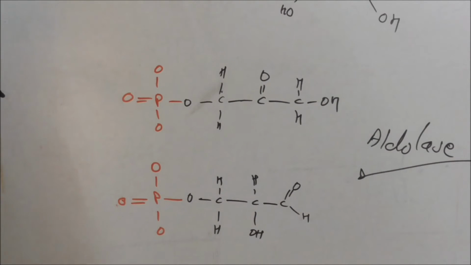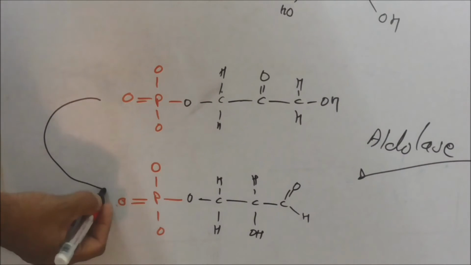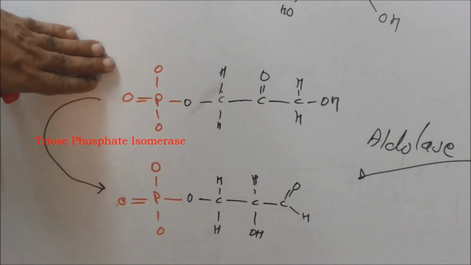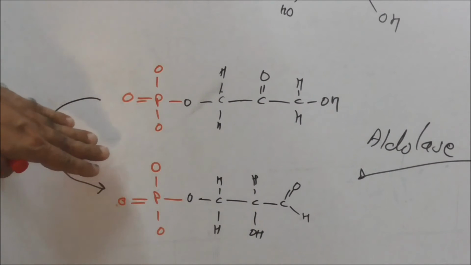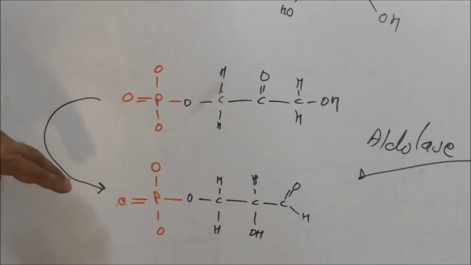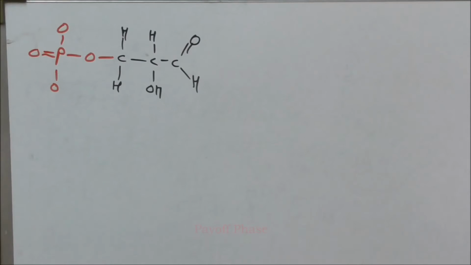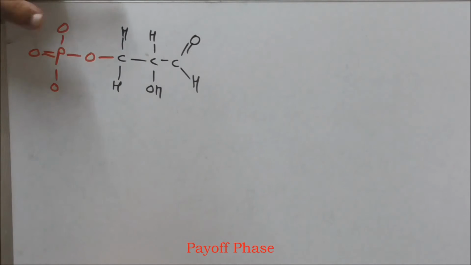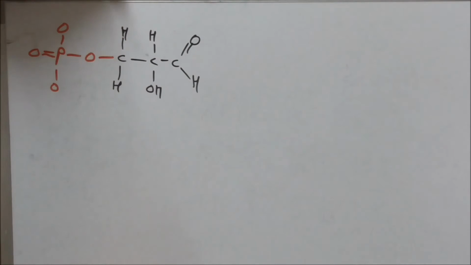Now, dihydroxyacetone phosphate can be converted into phosphoglyceraldehyde. Triose phosphate isomerase would be the enzyme which will convert dihydroxyacetone phosphate into phosphoglyceraldehyde, 3-phosphoglyceraldehyde. So at the end of the preparatory phase, there would be 2 molecules of 3-phosphoglyceraldehyde. So this is the end product of the preparatory phase, that is 3-phosphoglyceraldehyde, which is now subjected to the process of